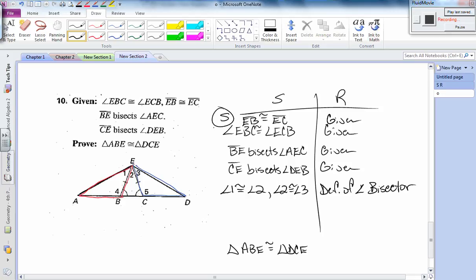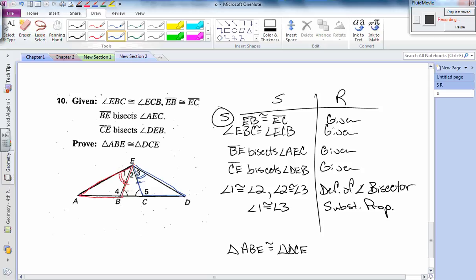Now if 1 is congruent to 2 and 2 is congruent to 3, then we know that angle 1 is congruent to angle 3. And you can use substitution or transitive property here. It's actually the transitive property. We'll use substitution property if that's what you prefer, that's fine. So we know now that this angle is congruent to this angle on the side and the side. The last thing we need is angles 4 and 5. What we can say about angles 4 and 5,